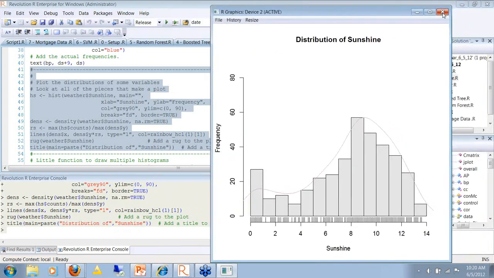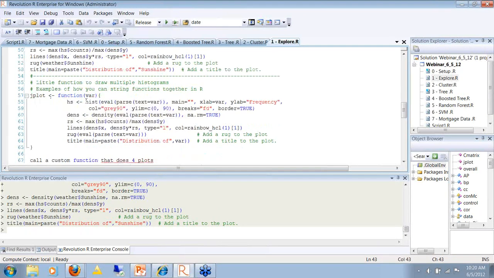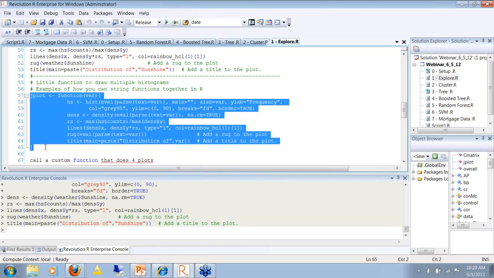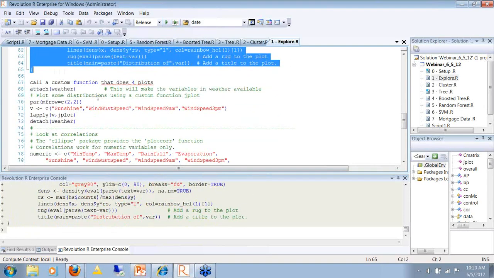And now let's do a sneak preview. By packaging these into a user-written function, what I've done here, it's almost all I did, was just wrap these different functions that I had as each individual line into a function I call jplot, and I'm going to use that. I'm going to run jplot so it knows about it. I'm going to use that to produce a chart that has multiple